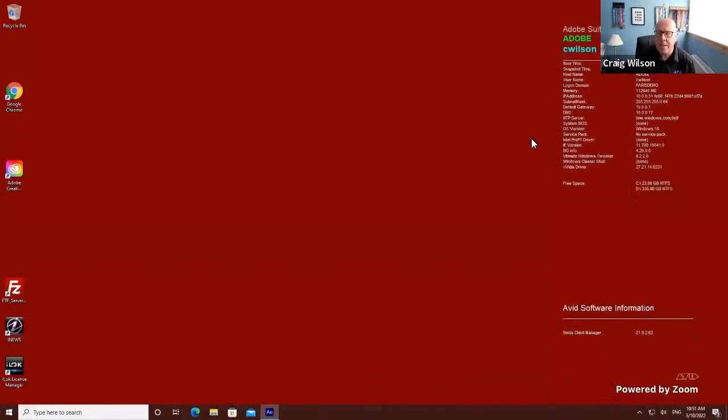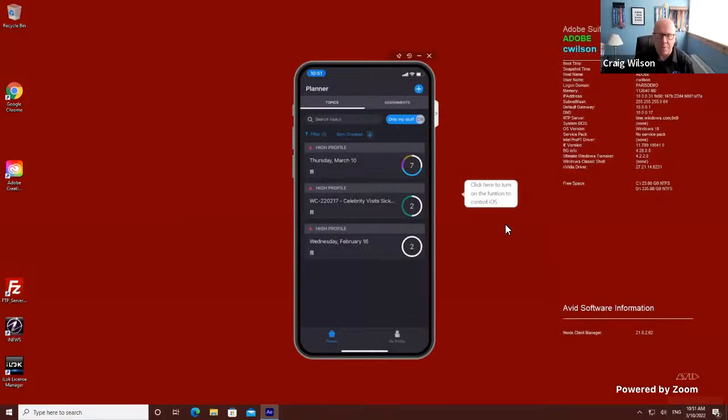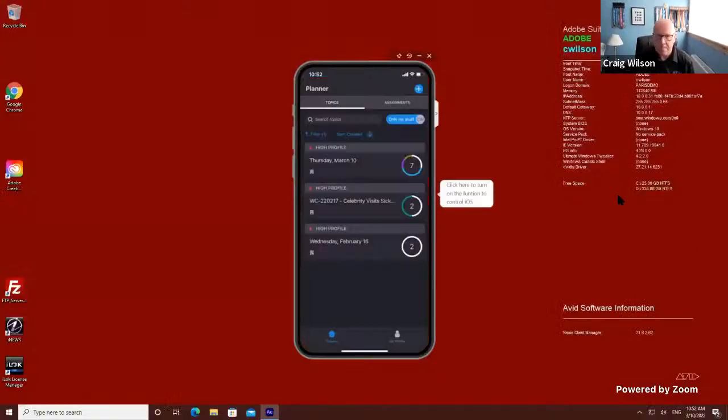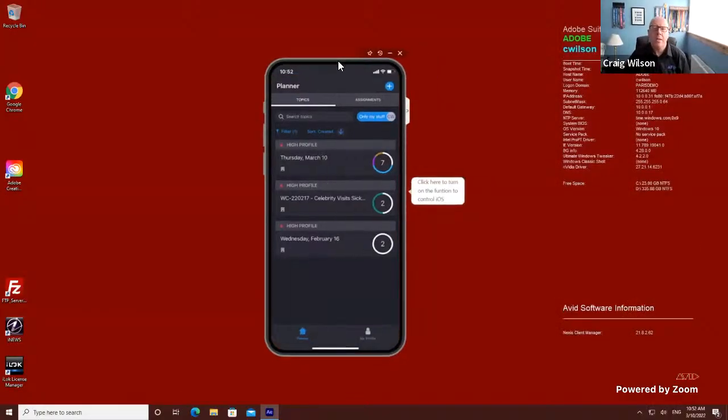Yeah, so here is the mobile app for MediaCentral Cloud UX. Let me just bring my ripple effector back up here as well. Let me just come out of this for a second. There we go. So on the mobile app here,